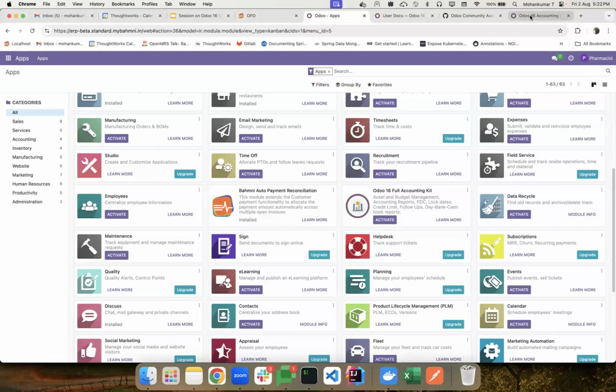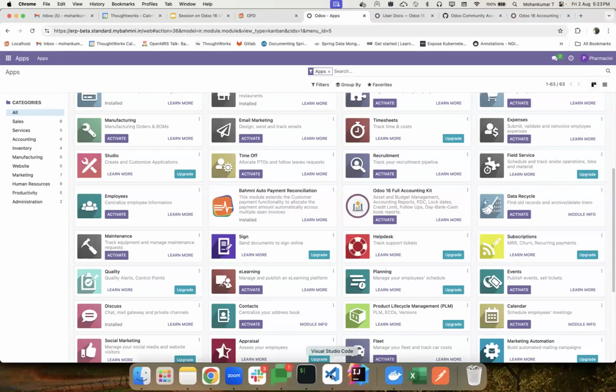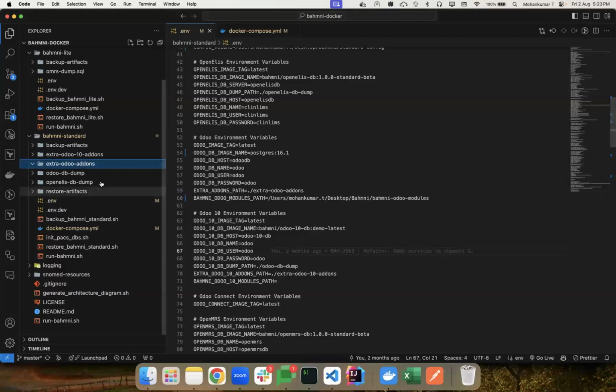So this is an option wherein you can pull modules from the app store and install it. Okay, and what about if I want to customize the Bahmni default module, what Bahmni created? So how can I copy that? Yeah, so if you want to customize the default module, as I had done here, there is an option